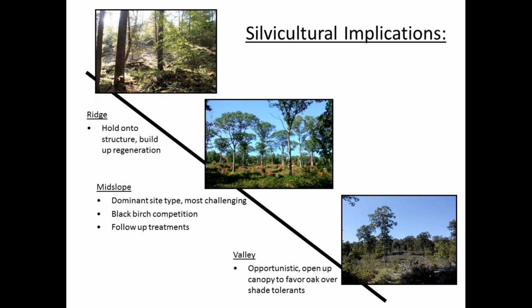How many oak do we need to release per hectare or per acre? It's another thing that we need to find out. But we do know we need to do it. Just to give you an example of some of these experiments that we're doing right now, we have release treatments at about 5 years on these kinds of sites, where we've gone in with a brush cutter and done 2-meter clearings around oak from black birch and associated red maple sprout